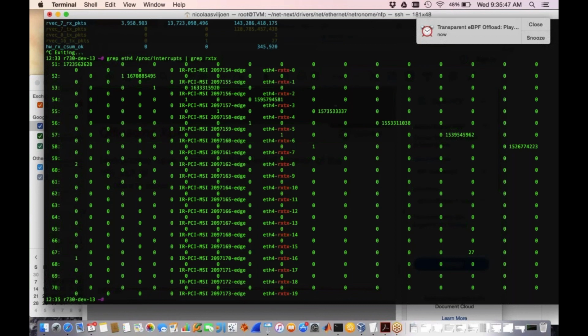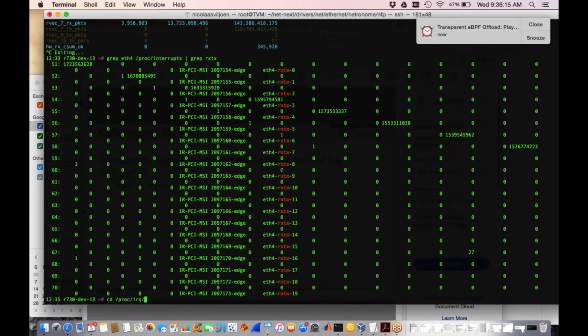That's due to the different cores being attached to the different interfaces on eth4. So this is what we're grepping for here: we're looking for eth4 and for rxtx. This gives us the information to then go to